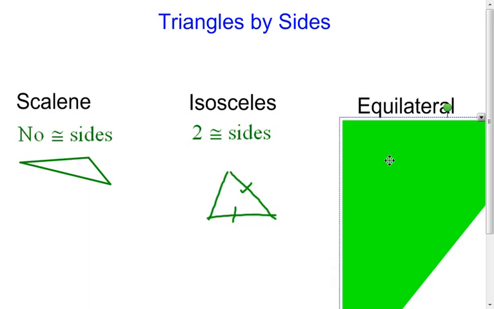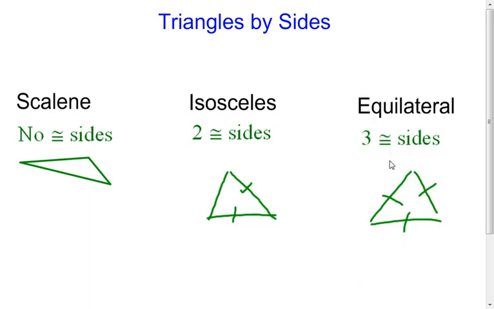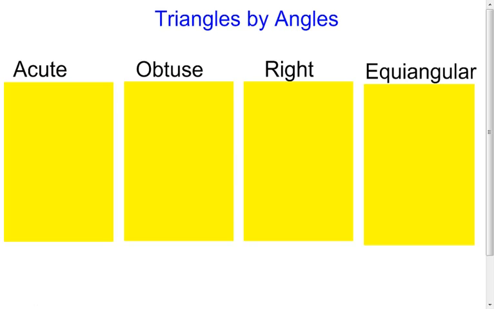And in the last one, the equilateral, all three of the sides are going to be congruent. And again, hand-drawn triangle, but I've marked each side with one tick on it, showing that all three sides are congruent. Now not only can we name the triangles by the sides, but we can also name the triangle based